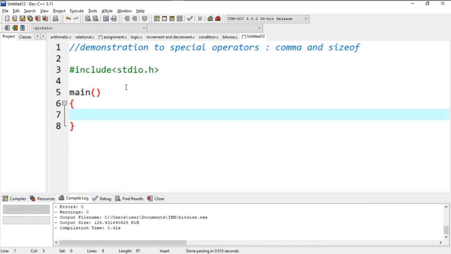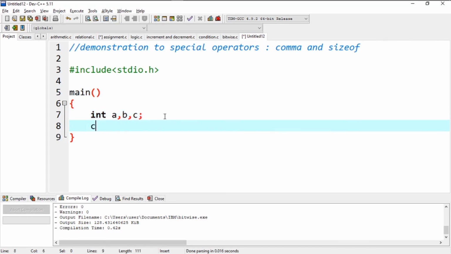Now let's declare three variables, that is int a, comma b, comma c. So we write over here c equals to, now let's start a small bracket, and now let's initialize the value of a inside it, that is a equals to 10, and let's give a comma and let's initialize the value of b, that is b equals to 12, and then let's add a plus b and a semicolon at last.